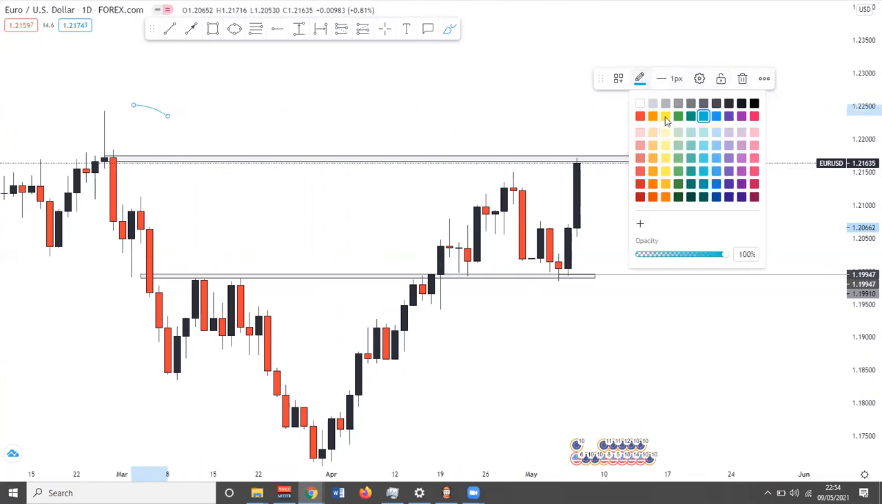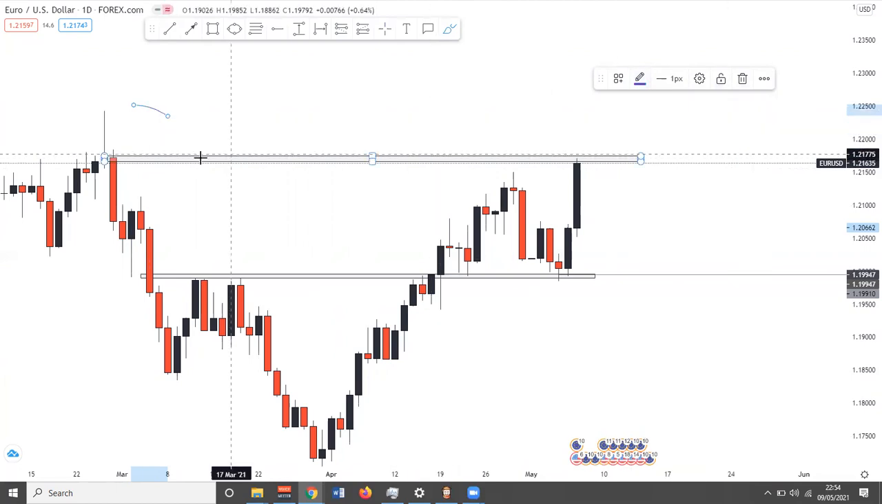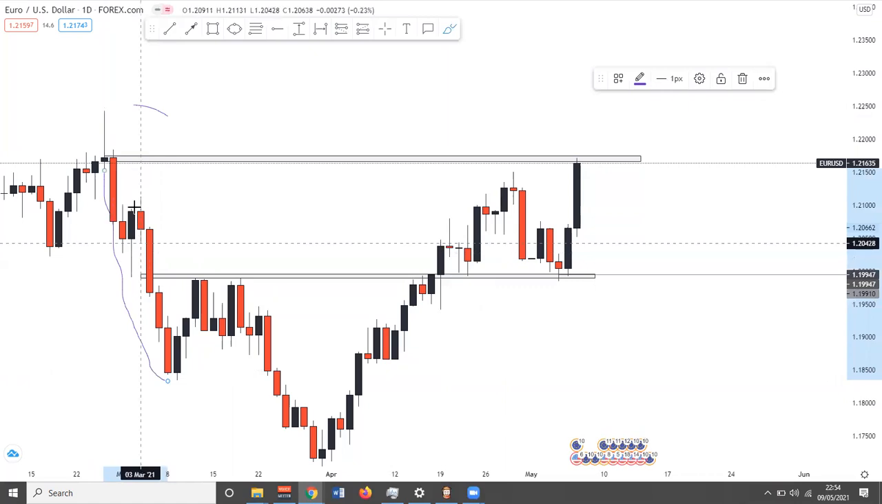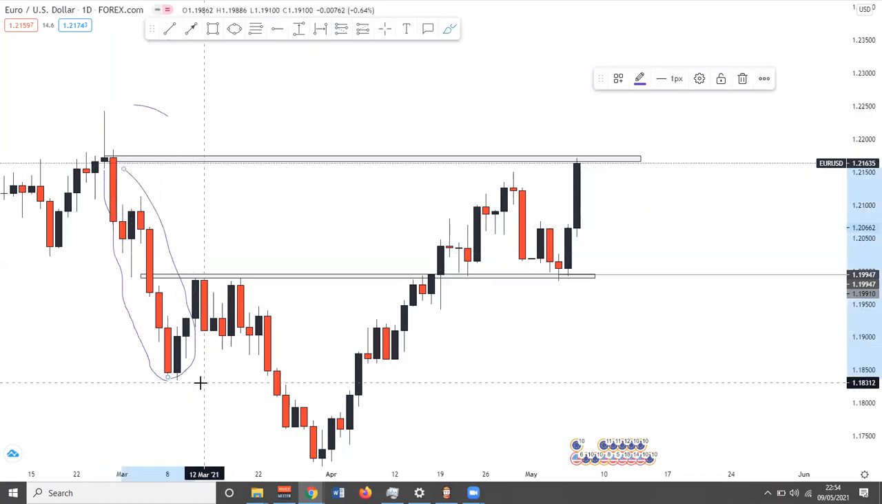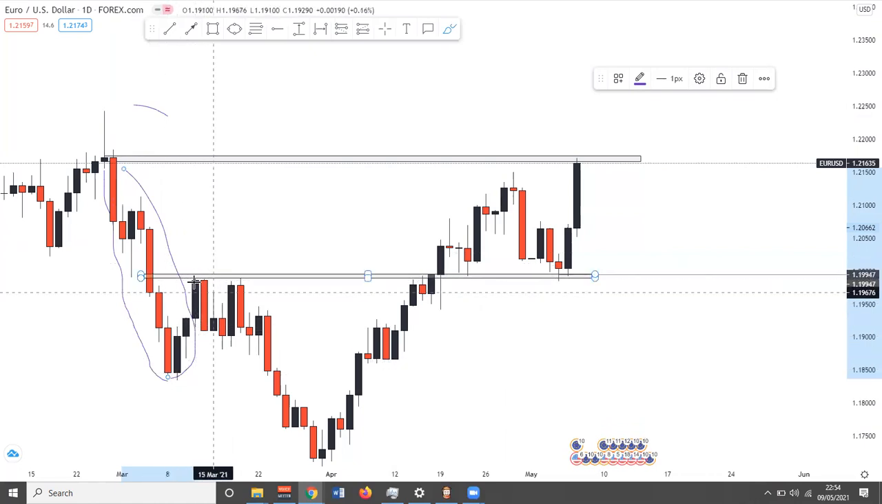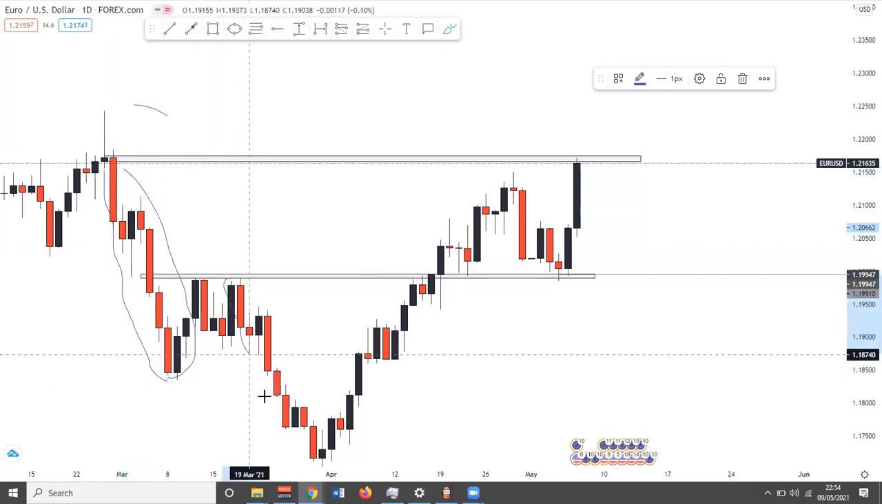I'm going to change that color to something that is. So this right here, this whole movement right here was one half of an entire swing. And then we had a return into this area for a balance, and boom, this